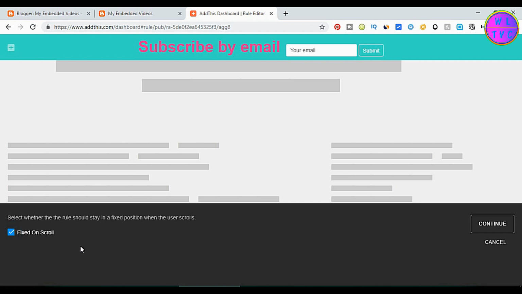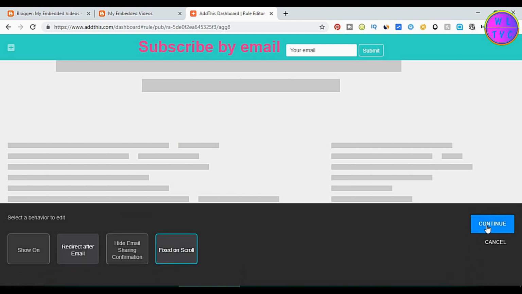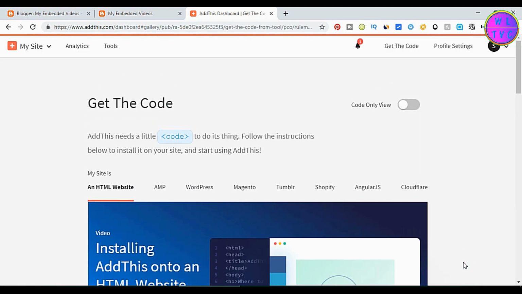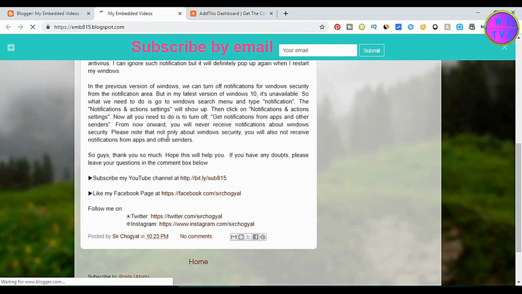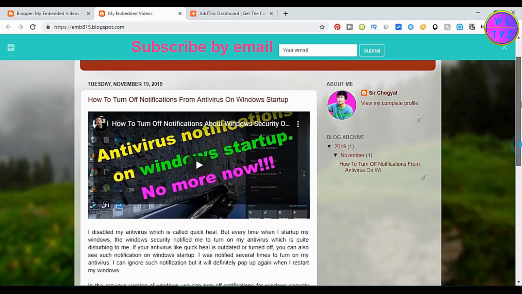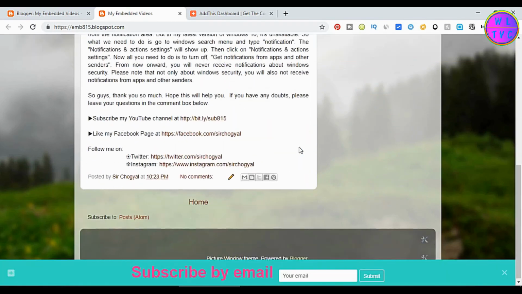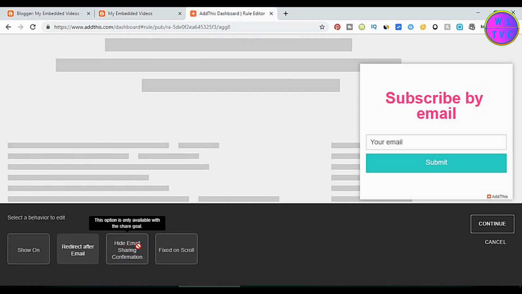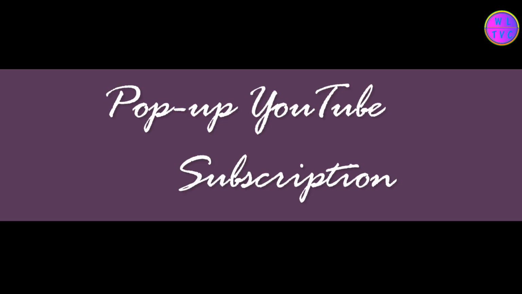Fixed and scroll inside the behavior. Save the rule. Here you can see your email list builder at the top. In the same way, you can change the position of your pop-up email list builder to the bottom, bottom left and bottom right. Now let's design pop-up YouTube subscription.